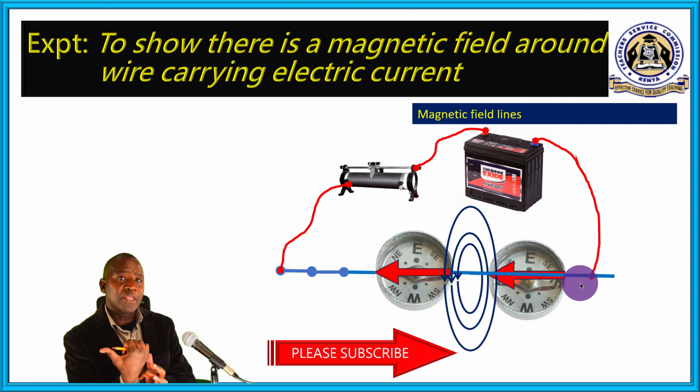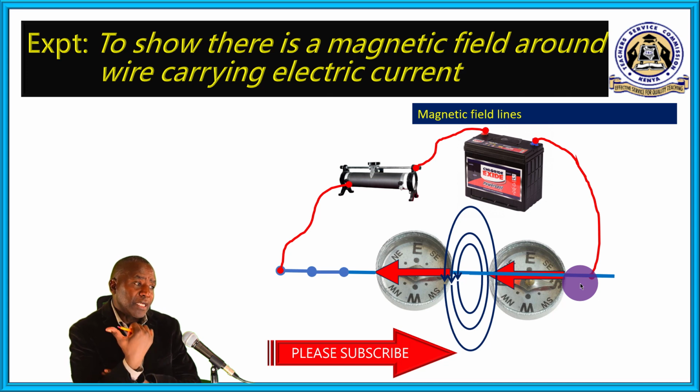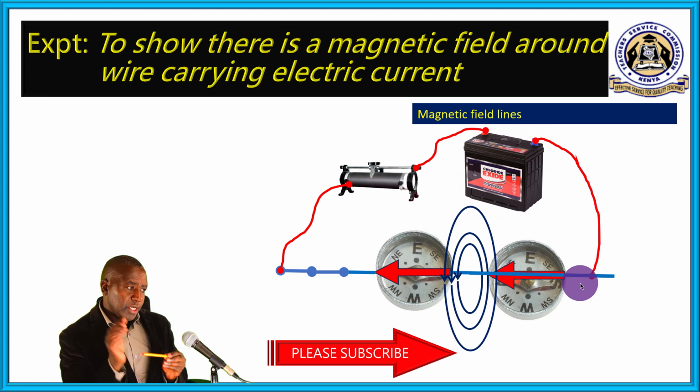I'm going to repeat this. We want to determine the direction of the magnetic field around that conductor which is carrying current. The first thing you do is to identify the direction of flow of current through the wire. It's flowing to the right,